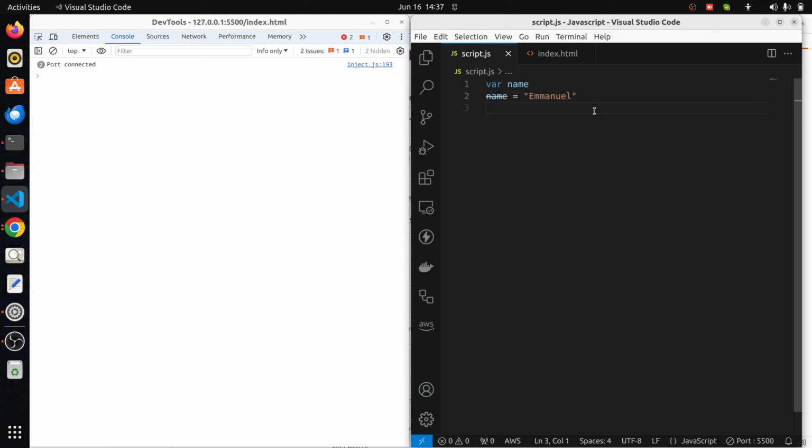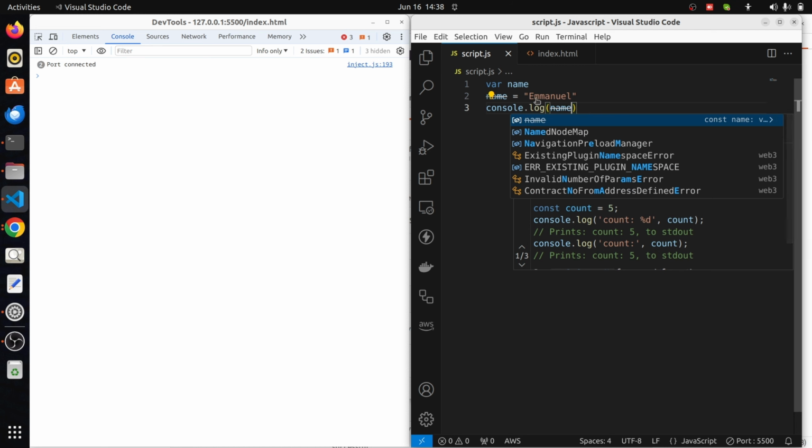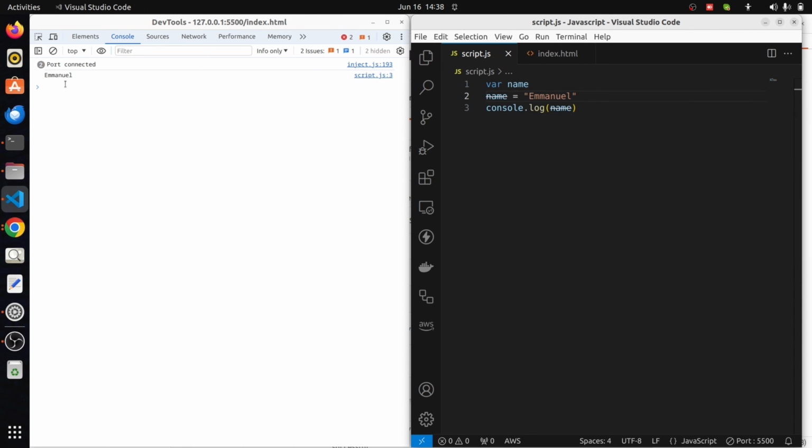Now I want to display my name, console.log name. As you can see, I have Emmanuel in my console, right? Another thing about creating a variable is that you can initialize the value at the creation of the variable. So going down to wipe everything, I can come here and say var name is equal to